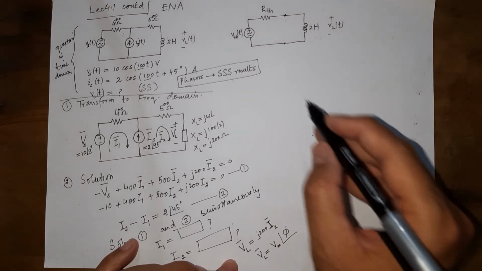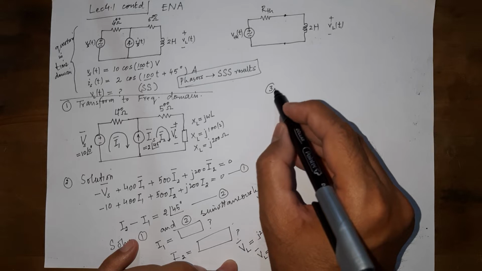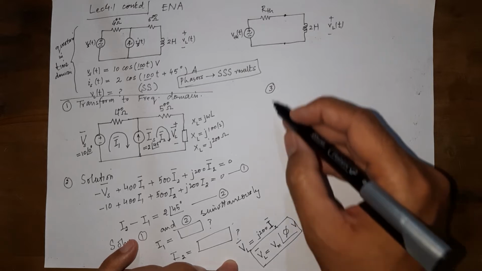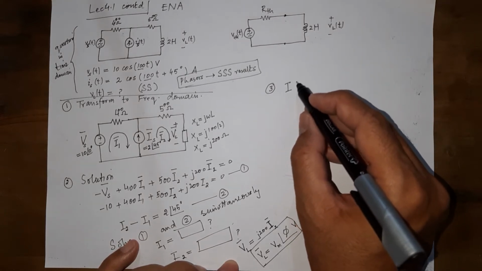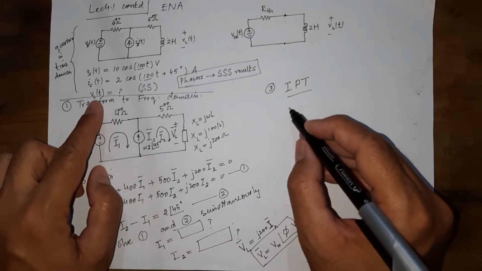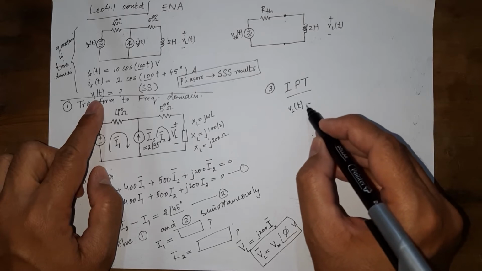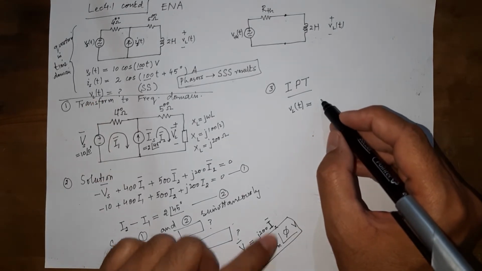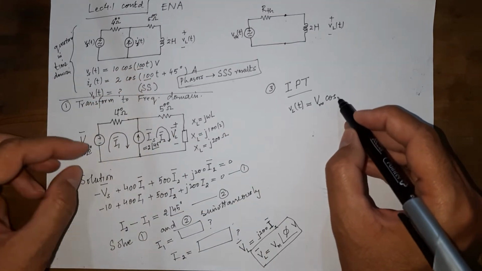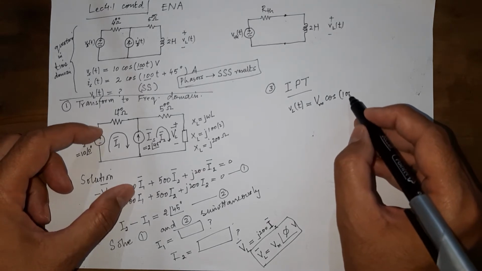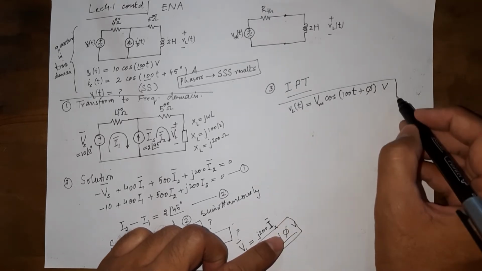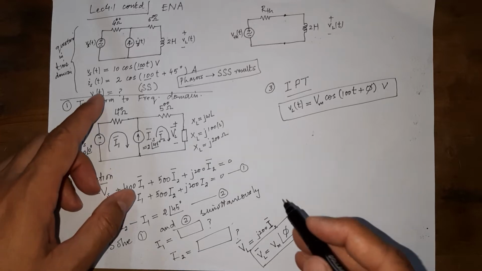And the third and the last step that we are going to do is take this result in volts, take this result and apply the inverse phasor transform and get the value that was needed in the time domain. So what do we get here? Vm is going to be written the same here. That cos omega t that vanished initially in this transformation is going to be brought back, and this phi is going to be written here, and this will be ultimately the result that we are interested in.